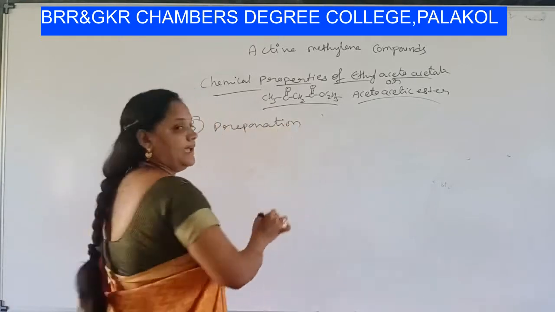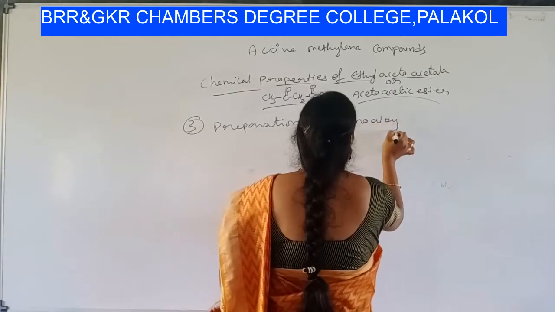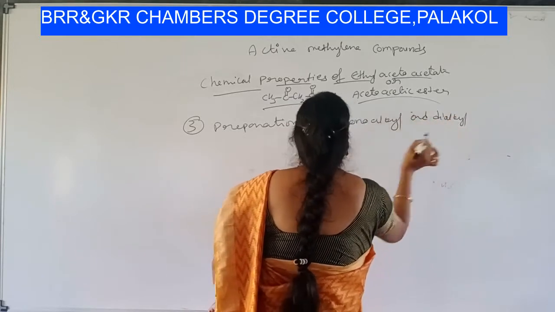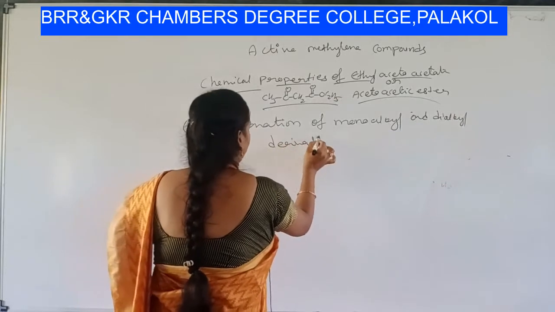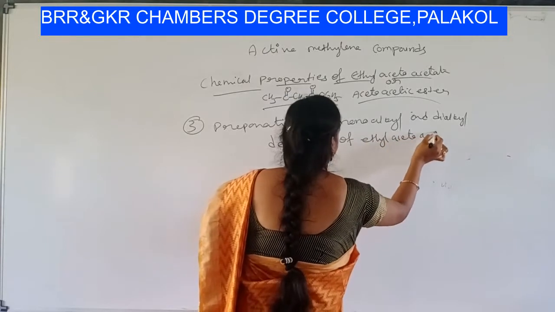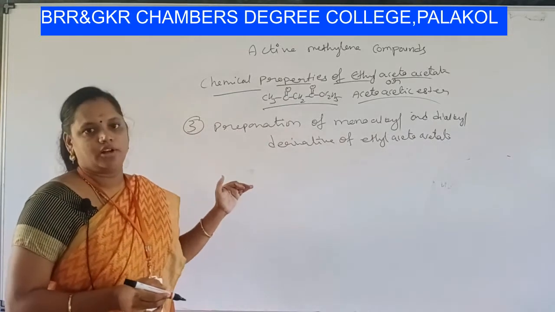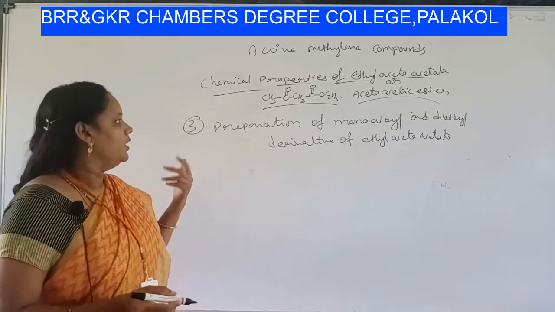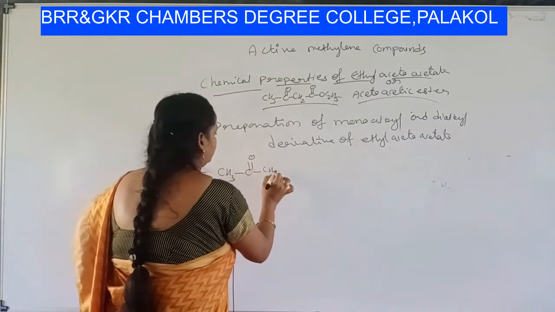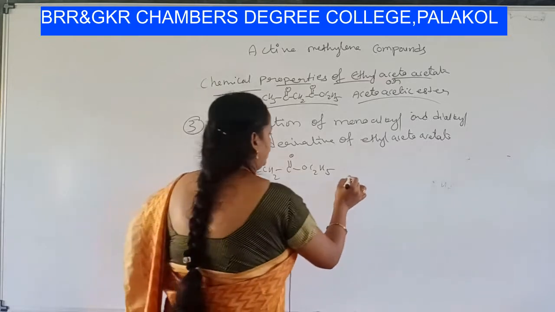Next property is preparation of monoalkyl and dialkyl derivative of ethyl acetoacetate. Okay, preparation of monoalkyl and dialkyl derivative of ethyl acetoacetate. Okay, students, let us prepare. We'll take ethyl acetoacetate and treat it with sodium ethoxide,